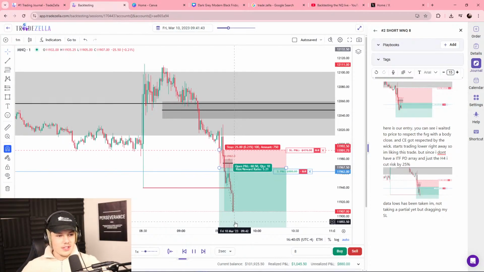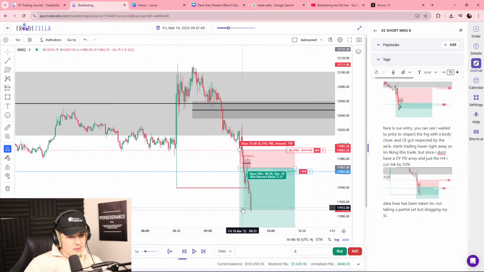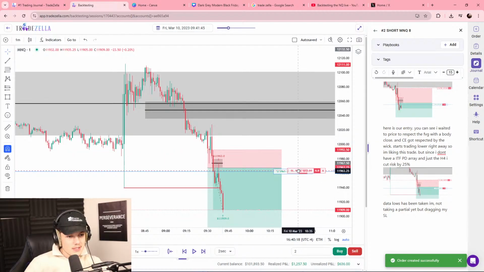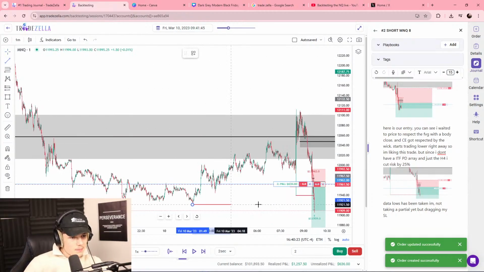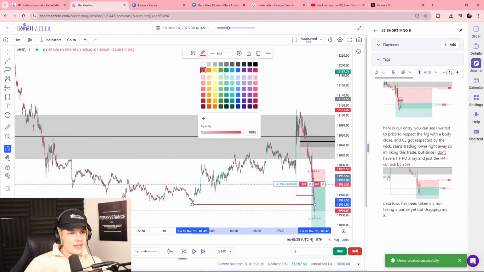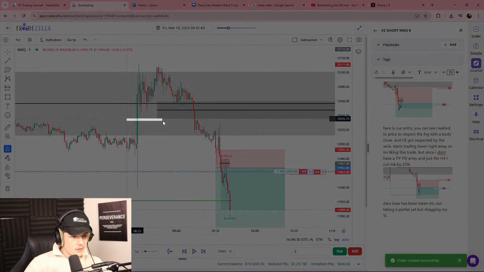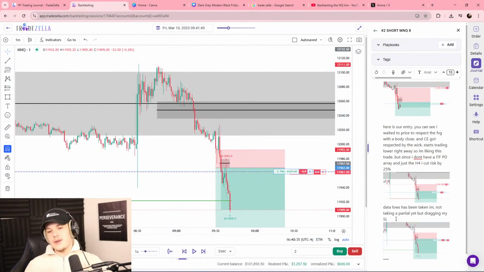Okay, we need to start journaling. Asian lows have officially been taken, so I'm going to take my first partial, very light partial of 2. Buy. Drag my stop loss to break even. Break even has been dragged. Drag out a tool here to let me know that it is a partial. One of the most important things in trading is getting to the stage where you take a little bit of a partial to guarantee a little bit of profits, drag to break even, then it's a free trade.